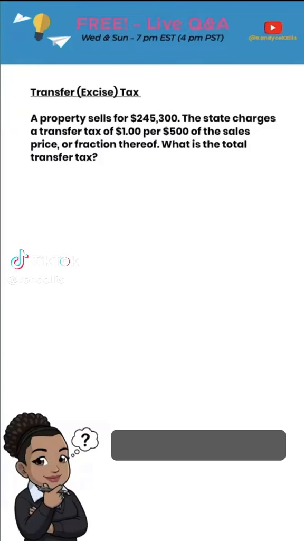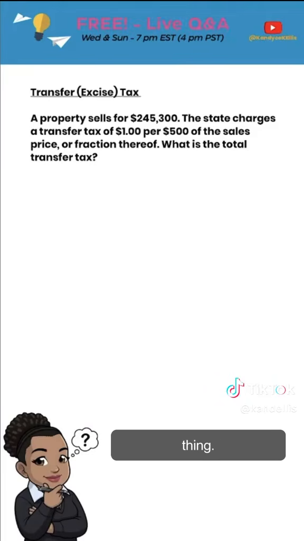Transfer tax. A property sells for $245,300. The state charges a transfer tax of $1 per 500 of the sales price or any fraction thereof. What is the total transfer tax? The first thing I want to point out is that transfer tax, excise tax, and revenue stamps can be considered